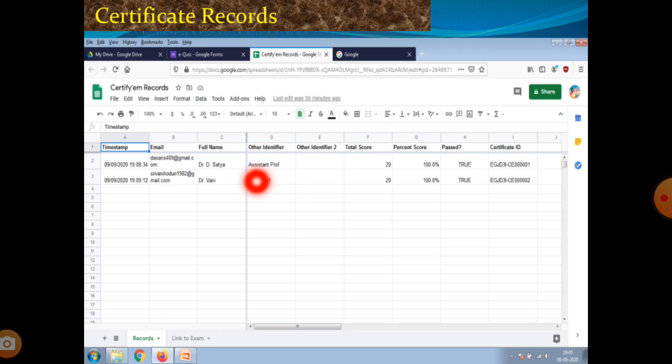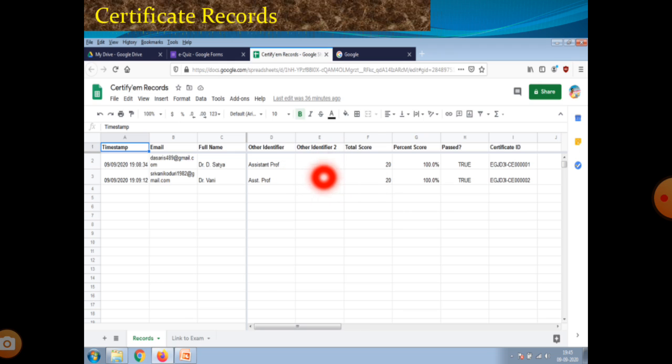In the certify add-on we have the other identifiers. In other identifier I have given only full name and designation. If the form has institution name, university name, or place, city, state, country, these are all mentioned.